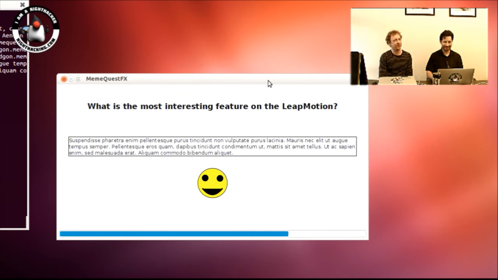Well, actually, what we do is we create a binding between the coordinates of the leap motion with the interpolation part of the curve of the mouth of the smiley. That sounds pretty cool. I like that JavaFX binding. I like sad faces. Yeah, I get a bit depressed because of this.